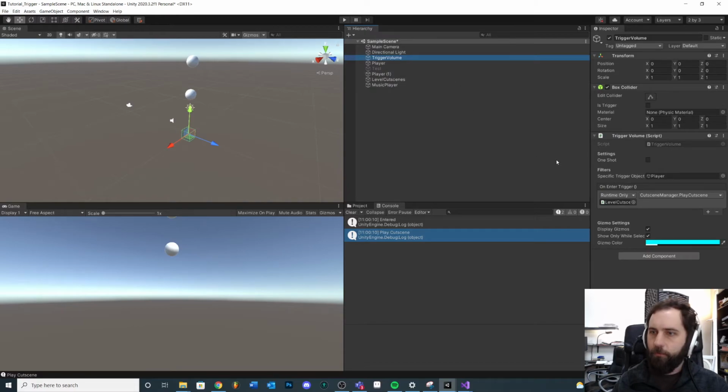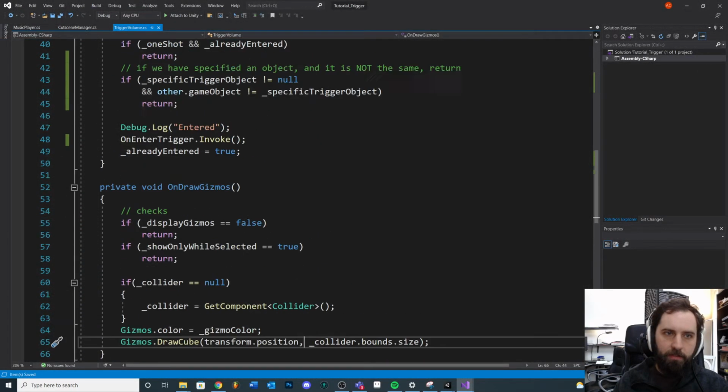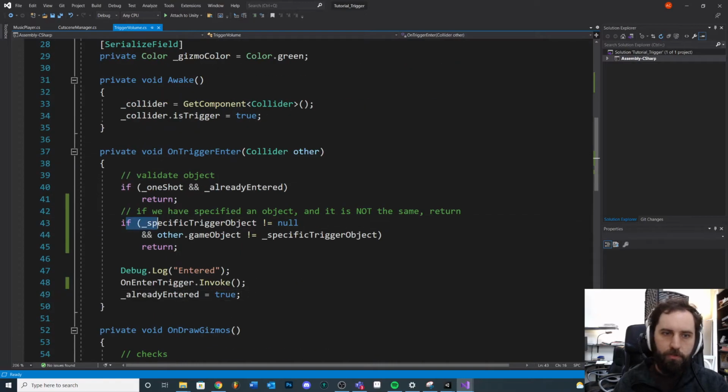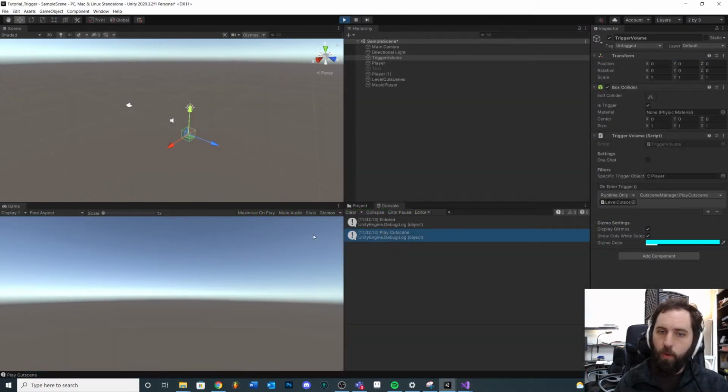But if we have specified that only this game object will be allowed through, then even though everything else is the same, we should only get one of these, right? Because we are checking if we've specified an object and the other object is the same, then continue, otherwise return. Okay, so we're only getting one entered, so that's